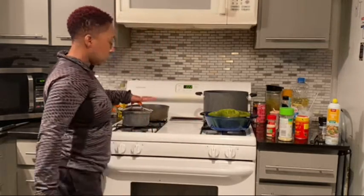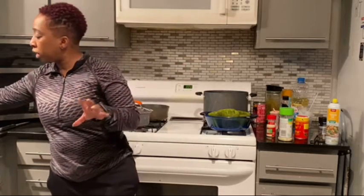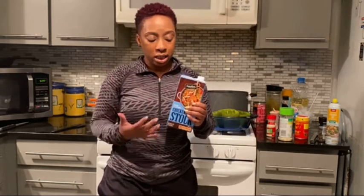Okay, you guys, so I got my rice done and it's in here. I want to give you guys a good tip for cooking rice. If you want your rice to have flavor without adding salt to it or butter to it, this is something that I started doing, and I love the flavor that it gives the rice. So what I started doing is adding, whatever your water ratio is for your rice, for however much you're cooking, instead, I put